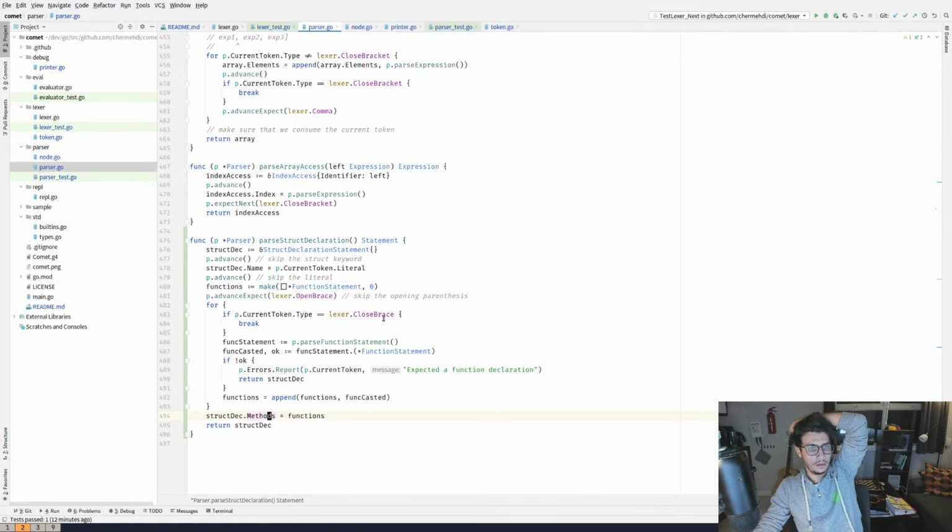So we skip the literal, skip the opening, not parentheses, but brace, and until we find the close brace, then we stop. All right.